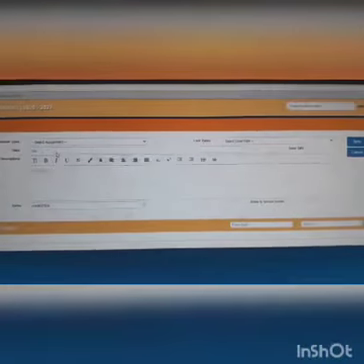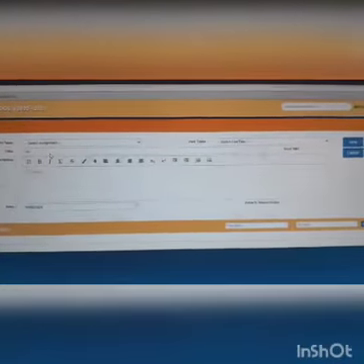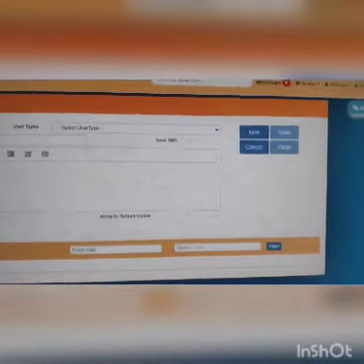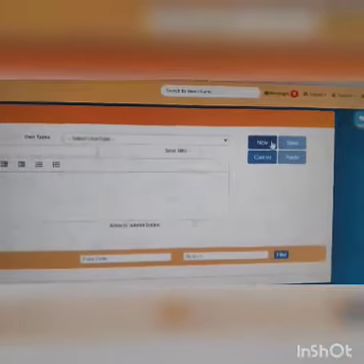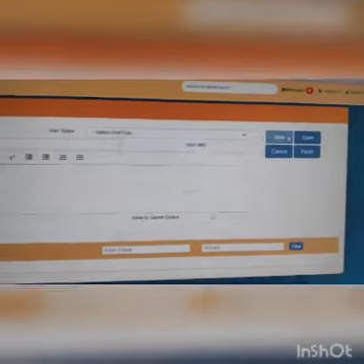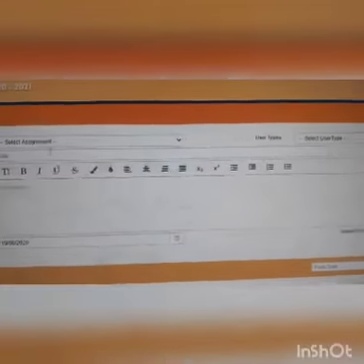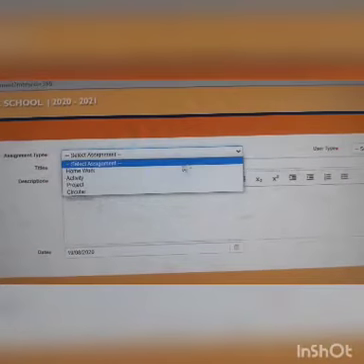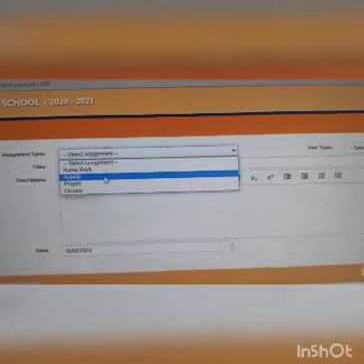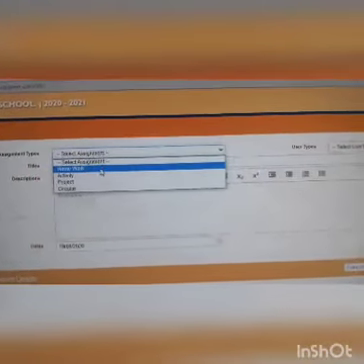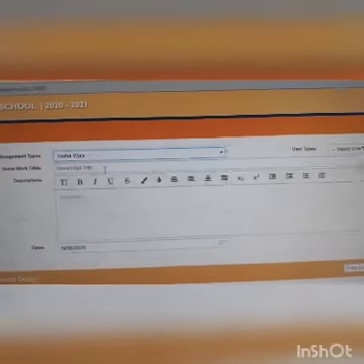when we have to upload the regular assignment. This is what was demonstrated by Uma ma'am in yesterday's meeting. Now here we click on the new option when we want to start uploading a new assignment. Now we have to select the type of assignment that we need to upload, be it homework, enrichment activity, any kind of activity, project or circular for our children. So let us say I am uploading the homework.